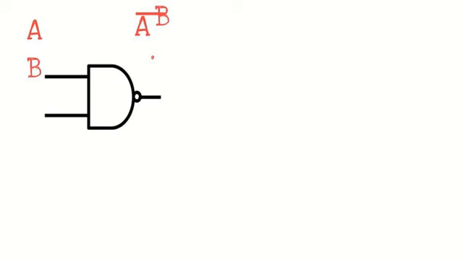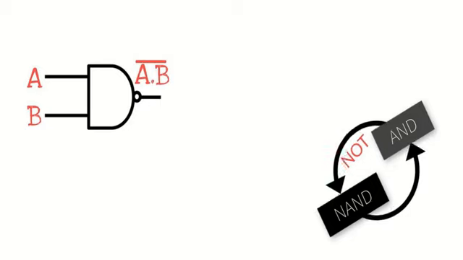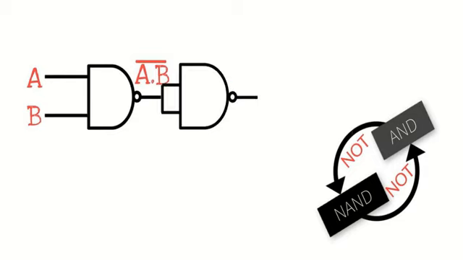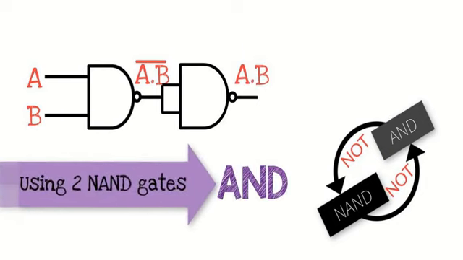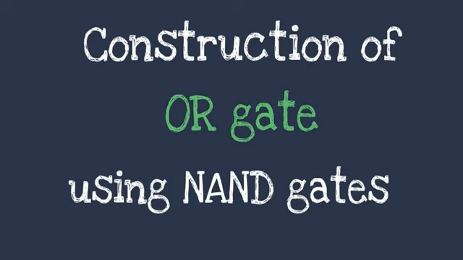Now, construction of AND gate. What is the output of NAND gate? That is A dot B complement. AND gate and NAND gate both are opposite to each other. Okay, complement of NAND gives the AND, and complement of AND gives the NAND. Therefore, we have to connect only NOT gate to the output of NAND gate. Then we get the AND operation or AND gate using two NAND gates. You can see this is so simple.